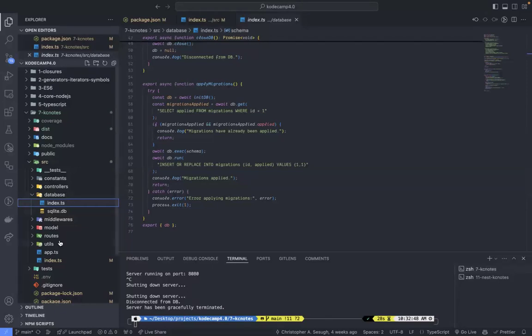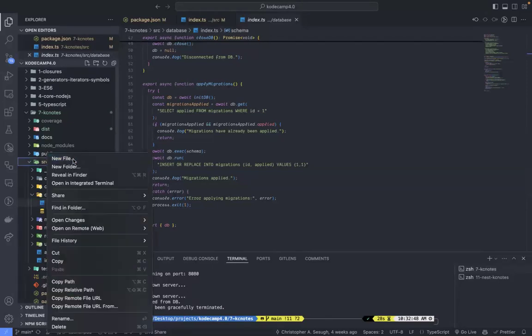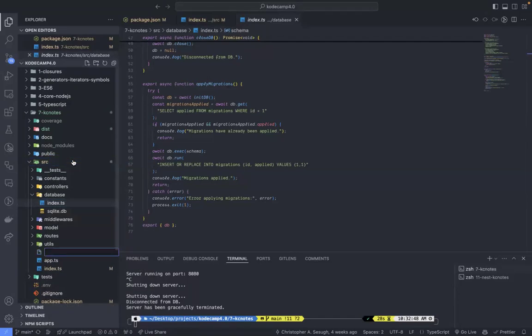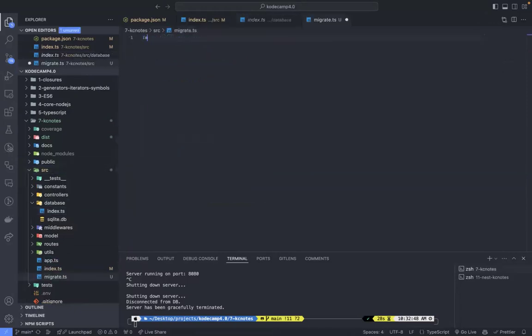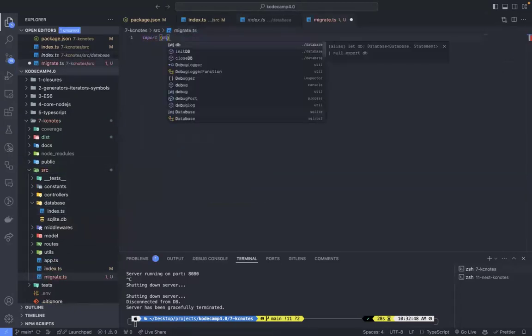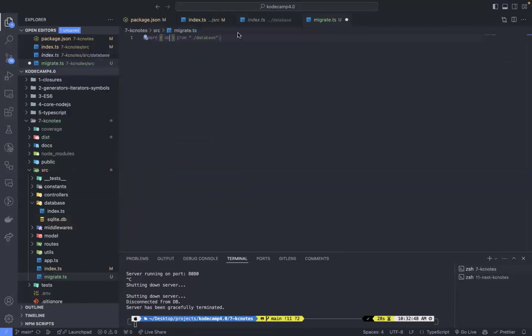Okay, let's create another file in here, new file, and let's see, migrate.ts. So we say import db from the database, and then you say okay. Let's see, function migrate, and then you say await db.apply